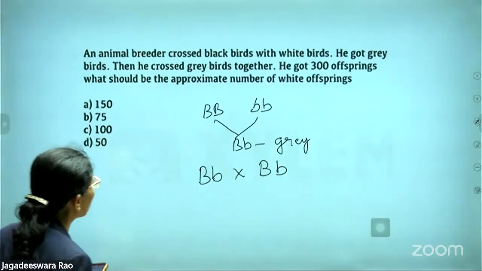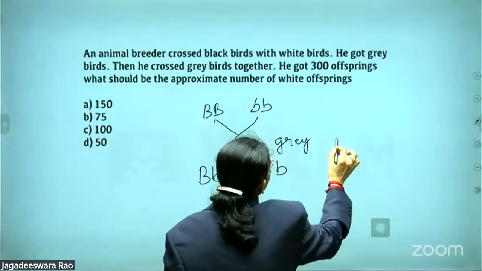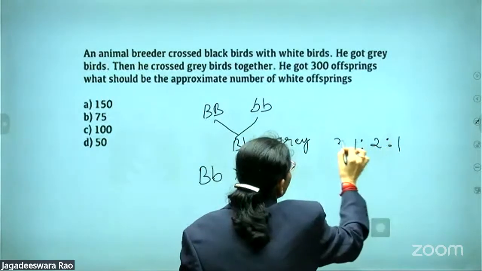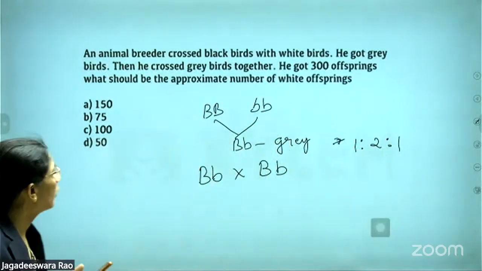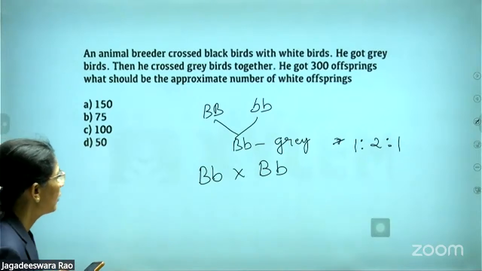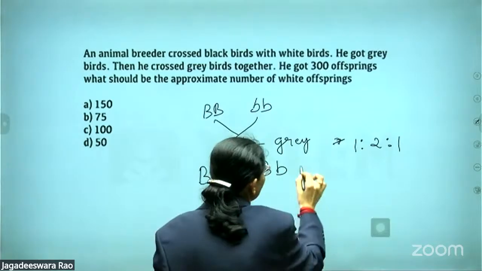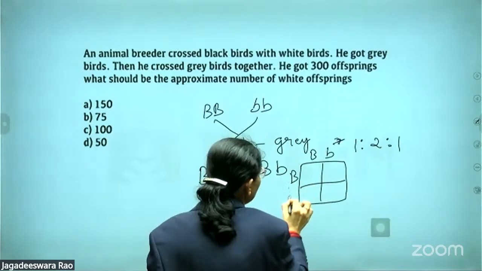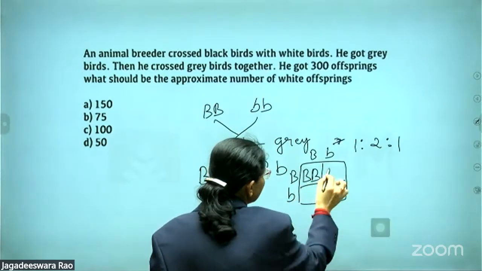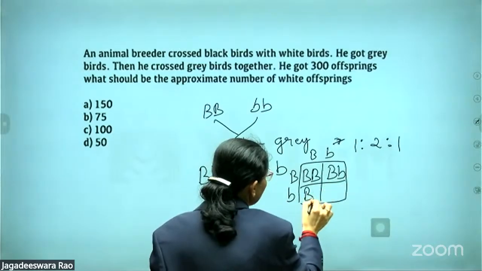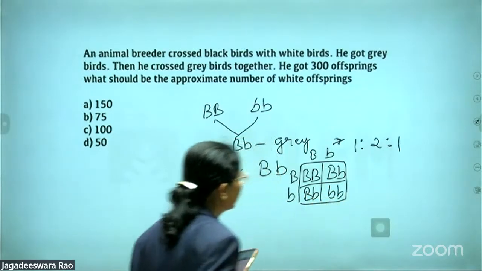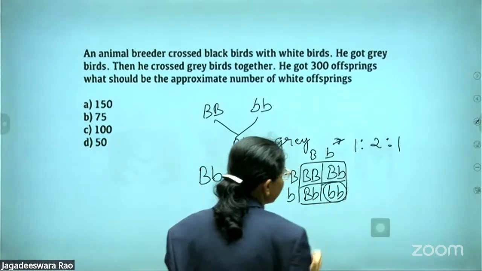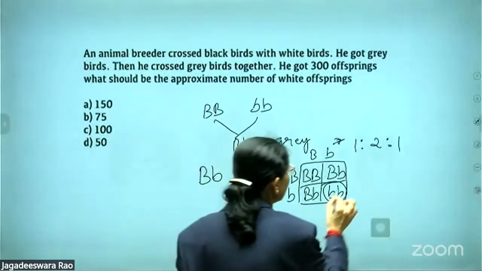What should be the approximate number out of 300? You know very well, there should be a 1:2:1 ratio, because this is showing incomplete dominance. You can understand gray bird, right? 1:2:1. Let me show you the Punnett square if you are getting confused. Capital B, small b, capital B, small b. So here 1, capital B, small b, 2, capital B, small b, 1, small b, small b, right? They are asking how many white offspring. White is completely recessive, right? So here you need to remember only